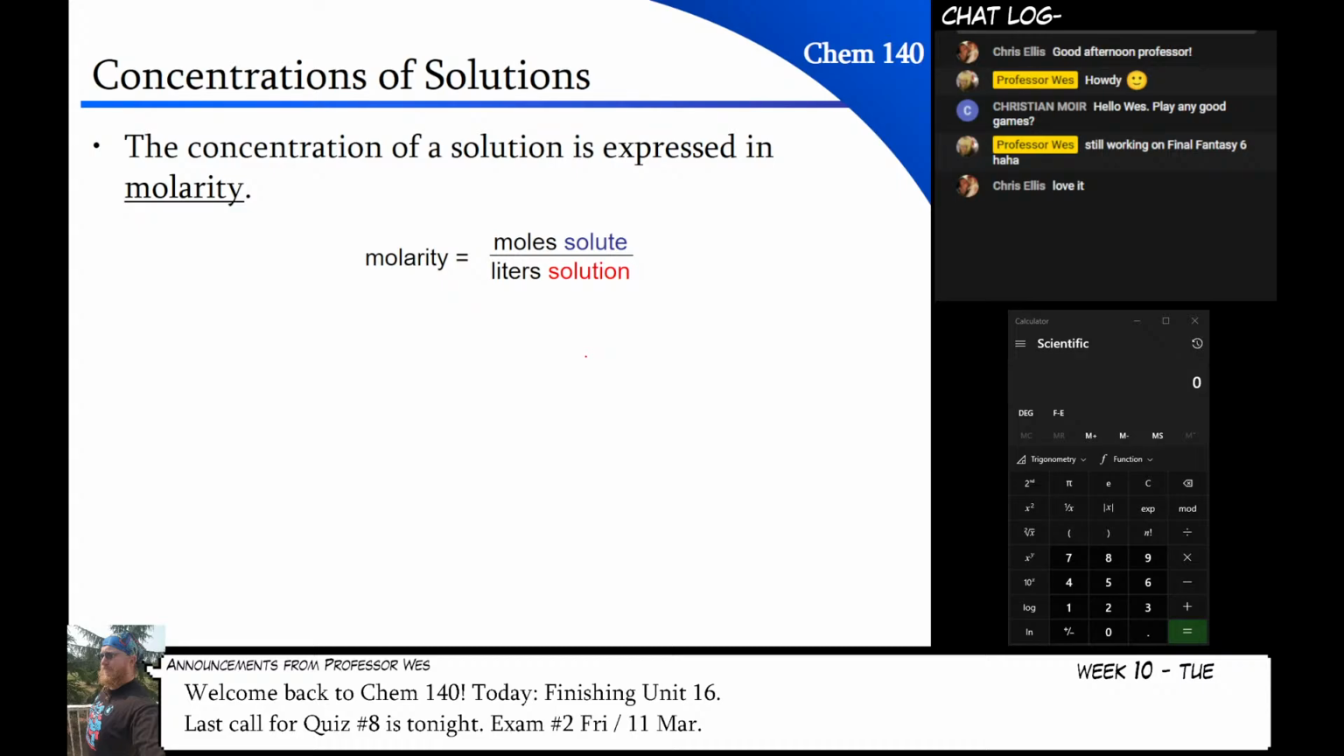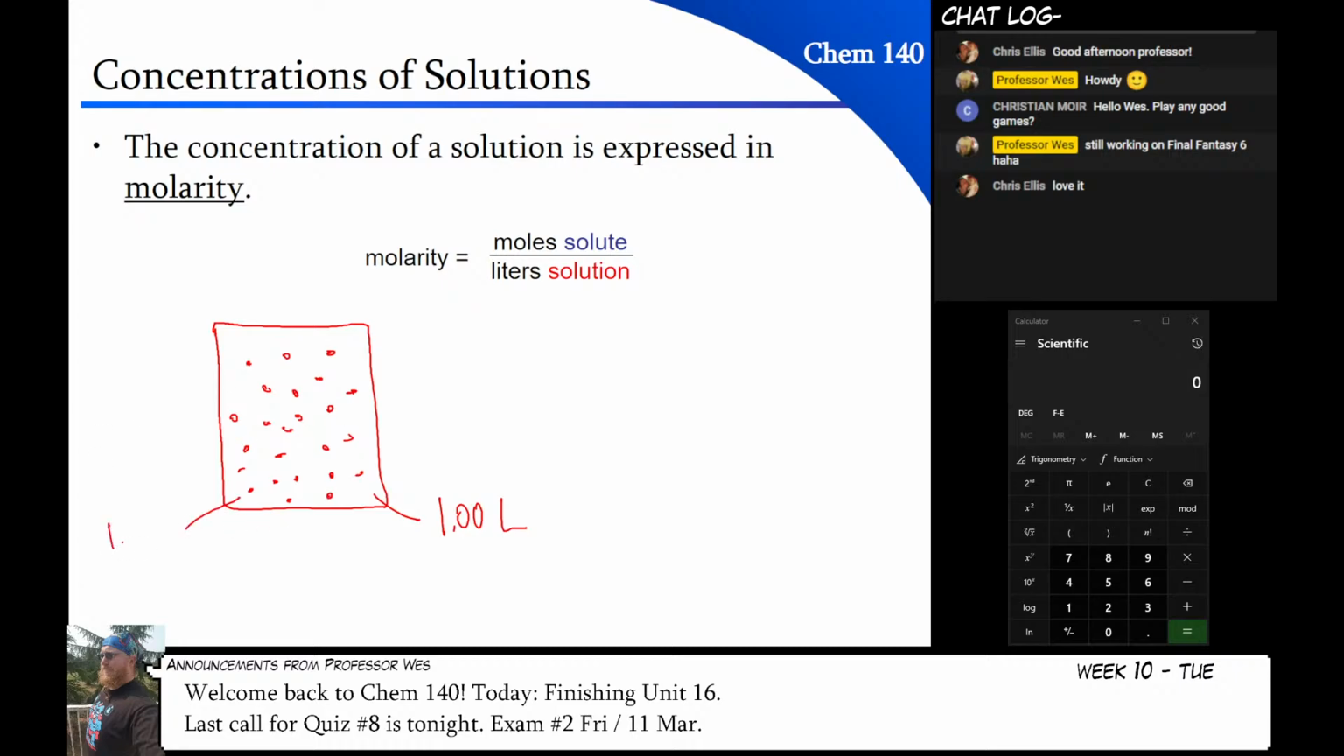Now, you don't need to do specifically 1 liter. So if I have a box here, and the volume of this box is 1 liter, and I put in 1 mole of stuff, and it's about this concentrated, we'll just say 1 mole in this box. We could say that this would represent 1 mole per liter. But if I took a smaller volume of it, so say this volume right here,